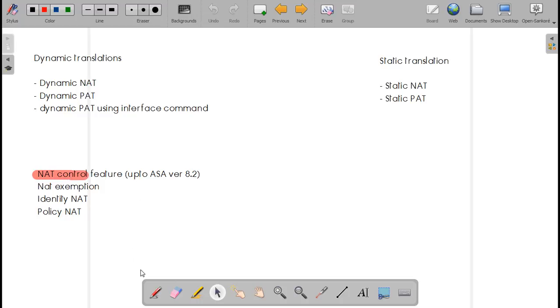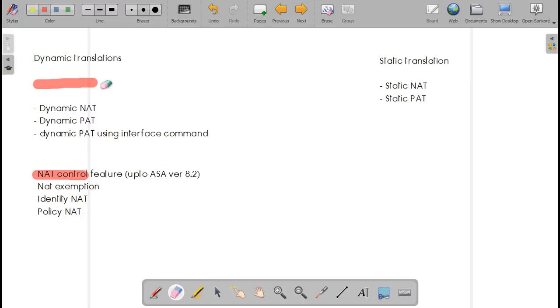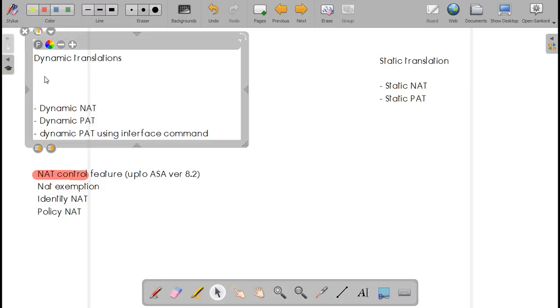Okay. Then let's take a look at dynamic NAT. For all your dynamic translations, you will be using two keywords.